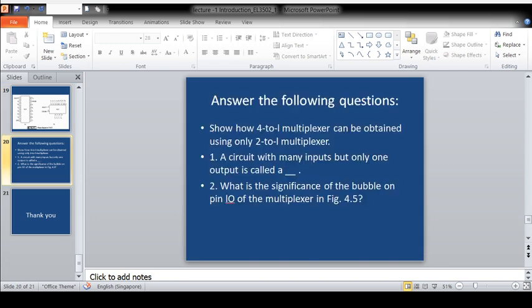Now we are completing the multiplexer with the nibble multiplexer. Now, I am assigning some activity to you. You have to complete this activity and answer it on the Moodle. Once you answer your activity on the Moodle, your presence is going to be marked. So be careful, your presence depends upon this activity.